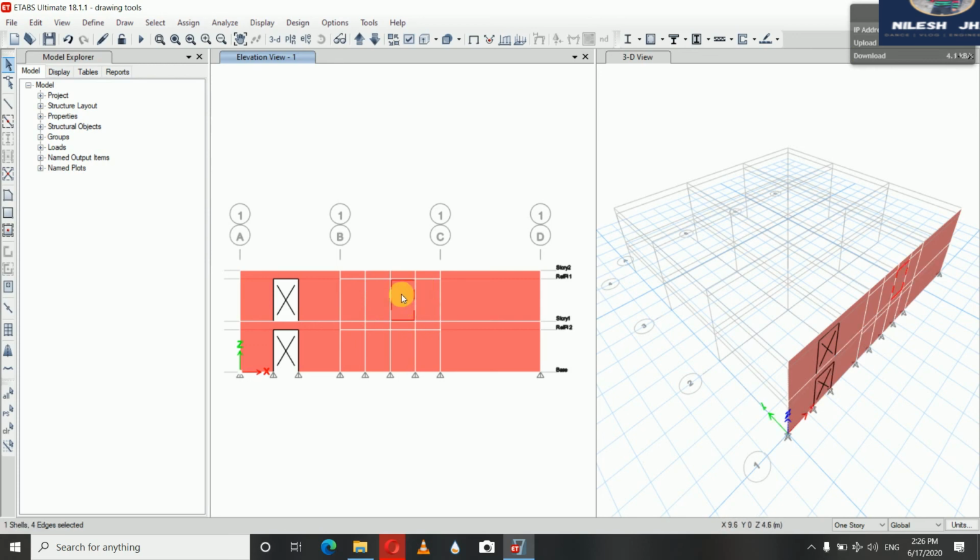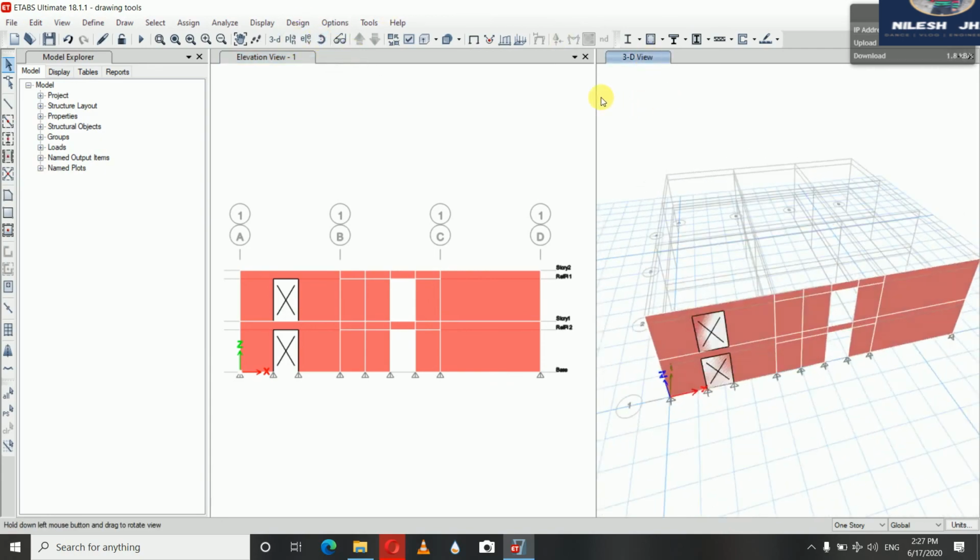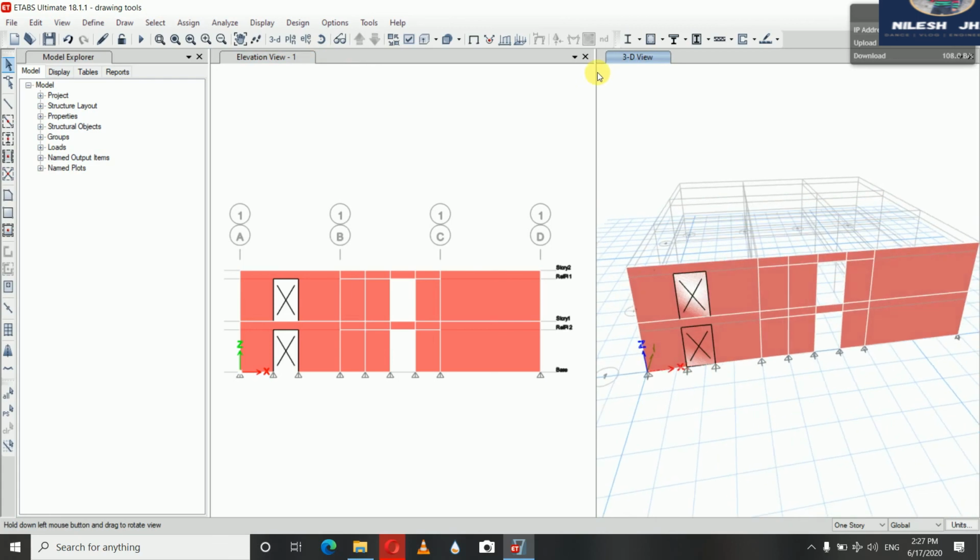Suppose I want to give my door here and here at the bottom, and then go to edit and delete them. Okay, so here you can see you have created openings for your door also. In 3D view you can see it clearly, that you have provided the door openings in two different ways.